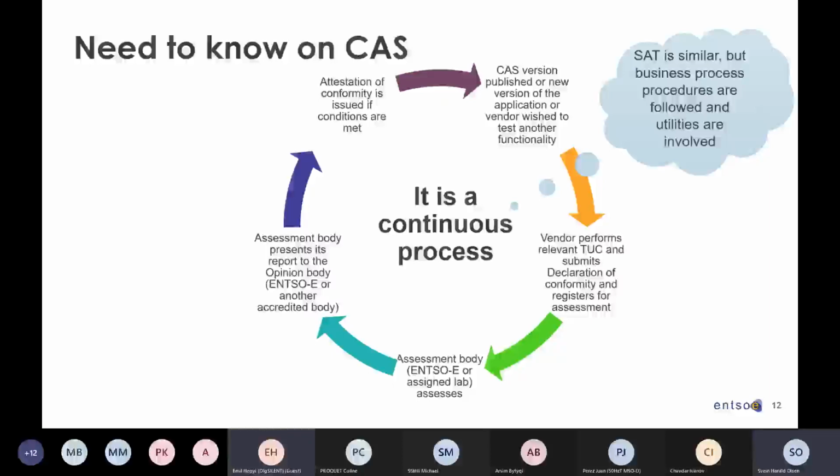Yeah, as I said, the overall goal is to make it more efficient for you, while at the same time having the utility have confidence in what you support.